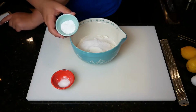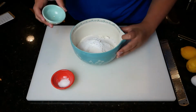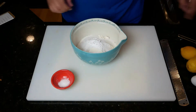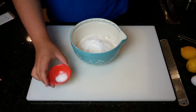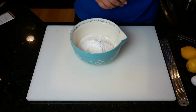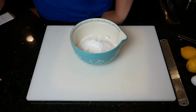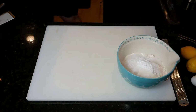You're going to use baking powder and baking soda, but this is 2 teaspoons of baking powder. If you use the wrong one, it's not going to turn out right. And then we're going to need 1/4 teaspoon of baking soda. Again, 1/4 teaspoon of baking soda. Really, guys, you do not want to mess this up. It's going to turn out weird. Okay, now you're going to take this and you're going to set it aside, and we're going to start prepping